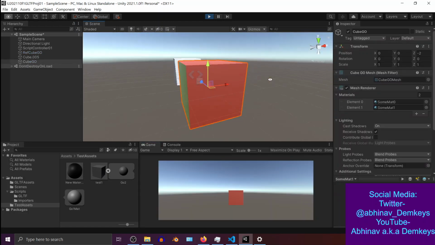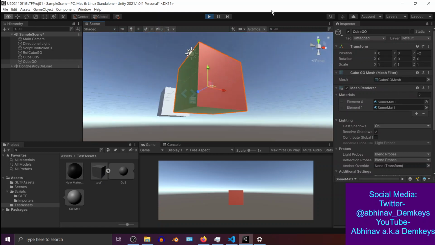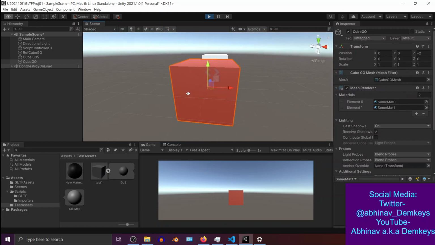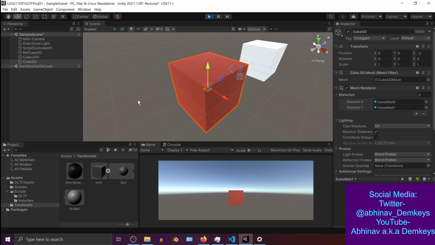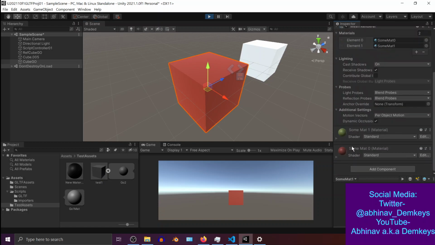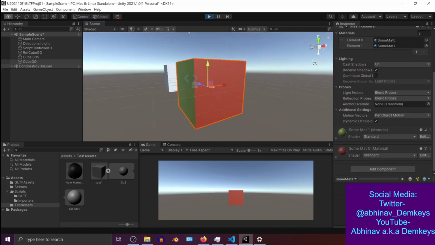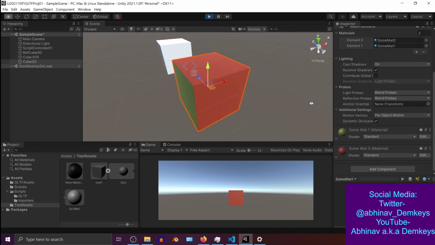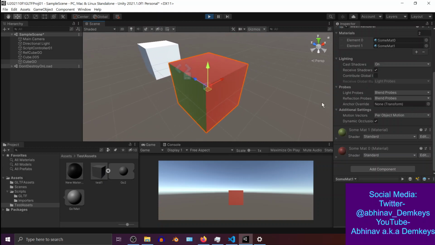Okay, so this is the mesh, and as you can see, three of the faces have a different color, and they have a different material, and three of the faces have another material. And you can also see those two materials over here. So yeah, that's what I've been trying to do. This is where the concept of submeshes comes in, and this is how I'm going to handle situations where one mesh has multiple materials attached to it. So that's the logic that I'd been working on,